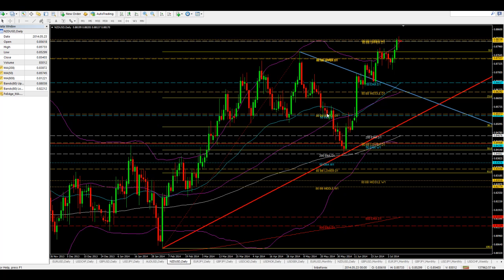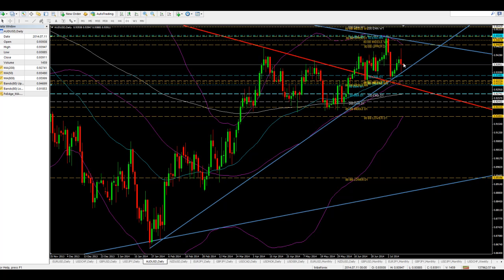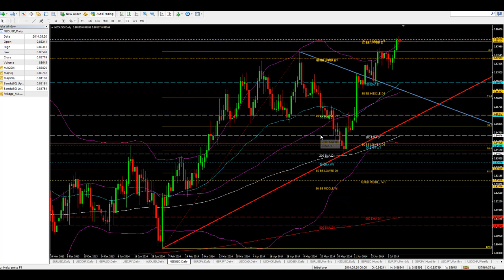New Zealand dollar, I'm going to look for a sell, guys. In fact, on this Aussie dollar, I don't want to call a sell because we're not at any real areas, but you could probably look for a sell down and get 20 pips from 0.9391 to 0.9363. Yeah, that's what I would look for.